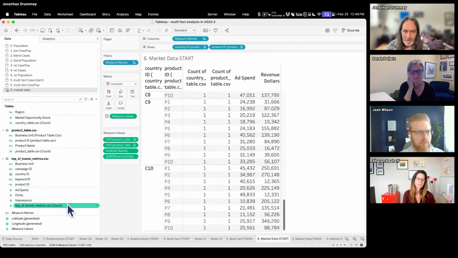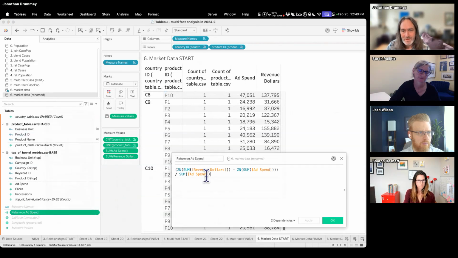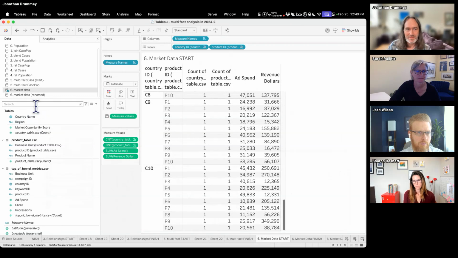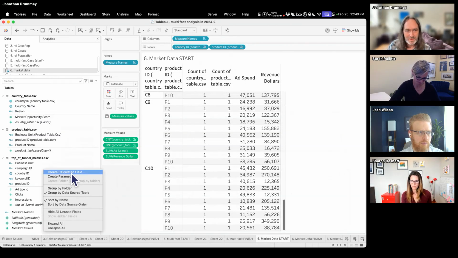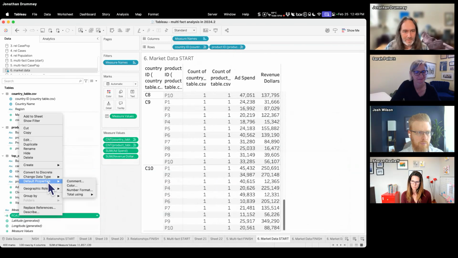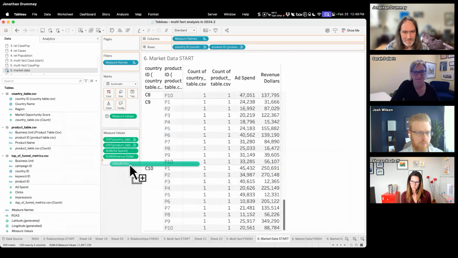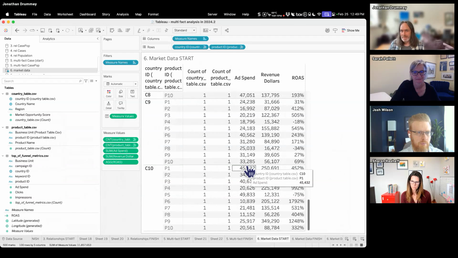And then I can create a calculated field on this. And just to save time, I'm just going to copy the formula that I already wrote to do the return on ad spend. So revenue minus ad spend divided by ad spend. So I'm working across these different base tables. I'm just going to call it ROAS here. And then let me just change my number format to percentage and drop that in. And now I have